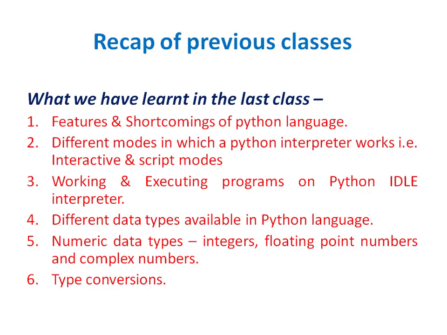Then next we have seen what data types are available in Python, as in any other language. We have seen the list of data types that are available. And also we have studied the numeric data types: integer, floating point numbers and complex numbers. In integer, floating point numbers and complex numbers, we have seen how they can be interconverted using typecasting or type conversion. One data type can be casted or converted into another data type.